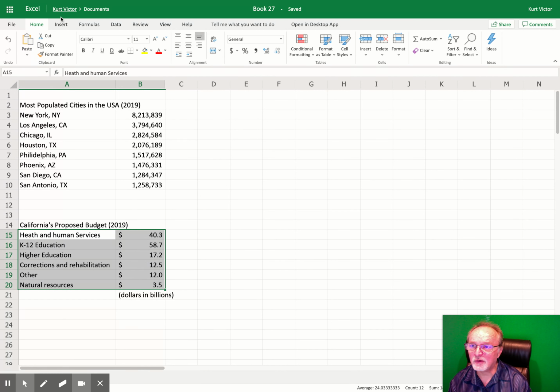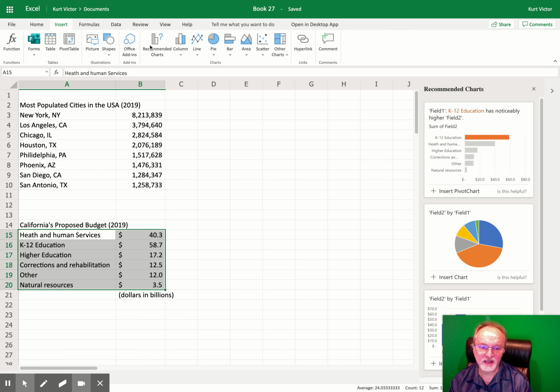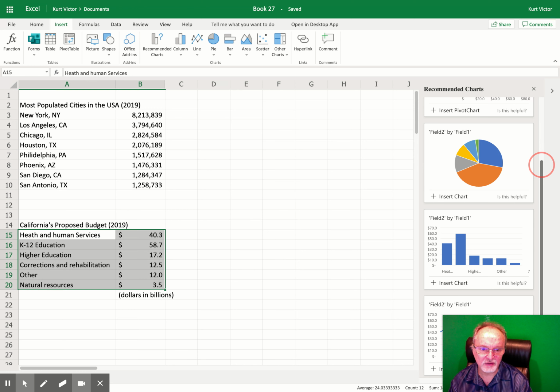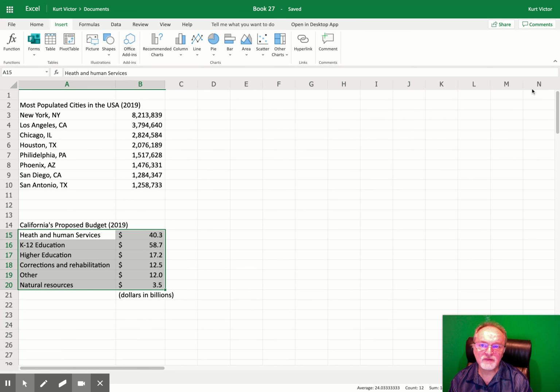And then when I'm ready, I go up to the ribbon, leave the home section, and go into the insert section. In the insert section, if I know the kind of chart or graph I want, I can pick it. Or if I would rather, I can click recommended charts and have the computer analyze the data and suggest some charts for me here to the right. If I find what I like, I can click on it, or if I know what I want, I can